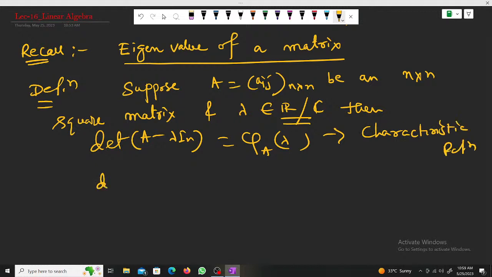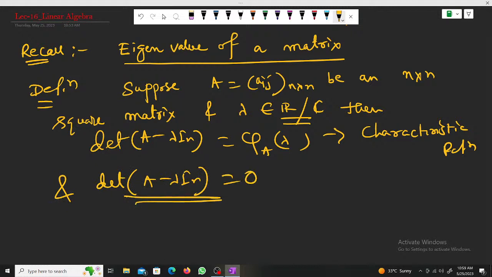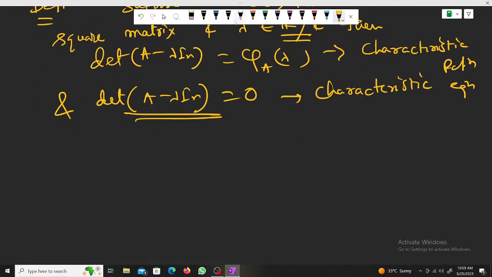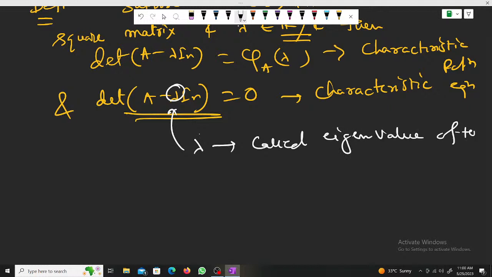And determinant of A minus lambda In is equal to 0, then it is called characteristic equation. And in this case the value of lambda is called eigenvalue of the matrix A, right? Okay,